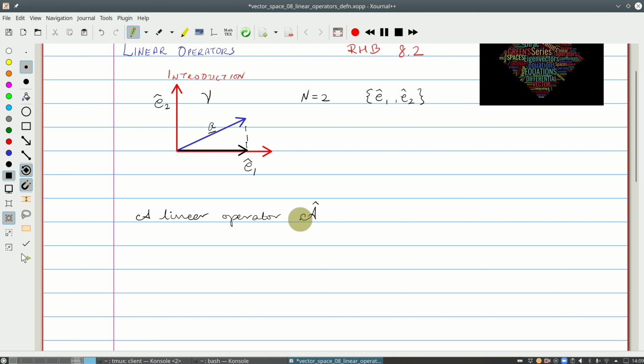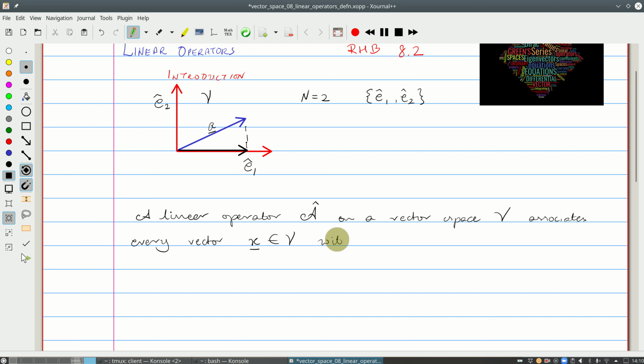So we'll denote all our operators with a script letter and a hat on top. A linear operator A on a vector space V associates every vector x which belongs to this vector space